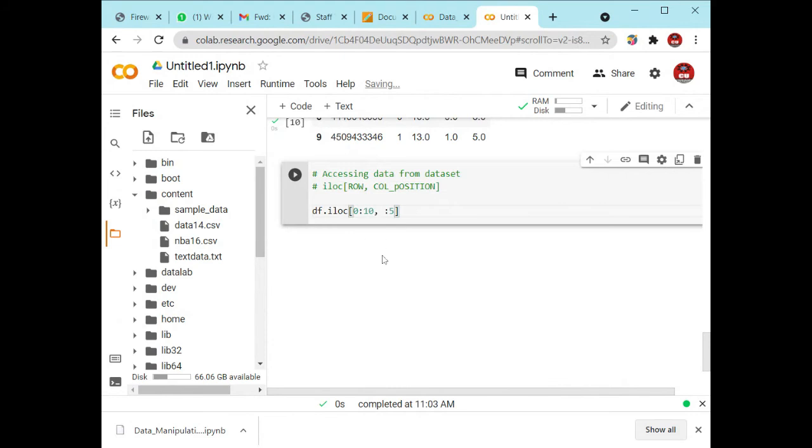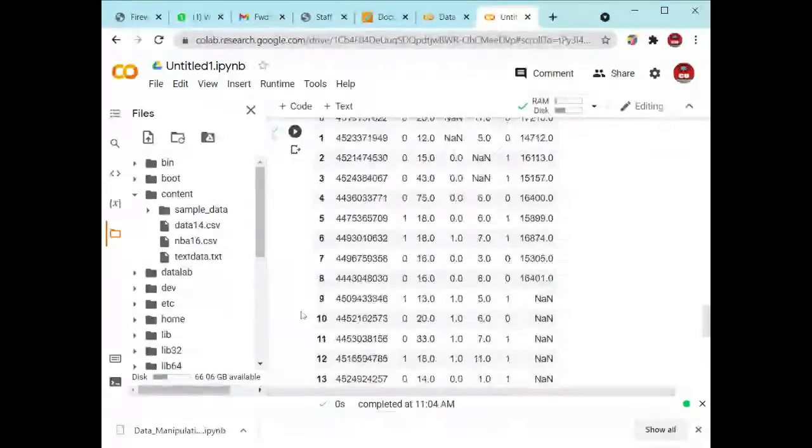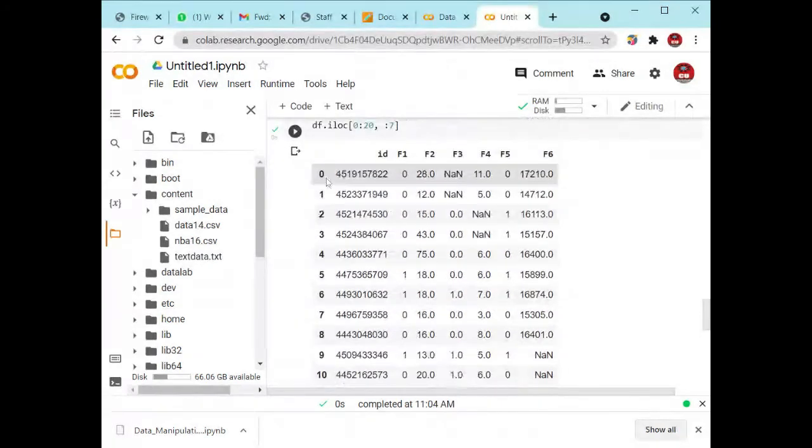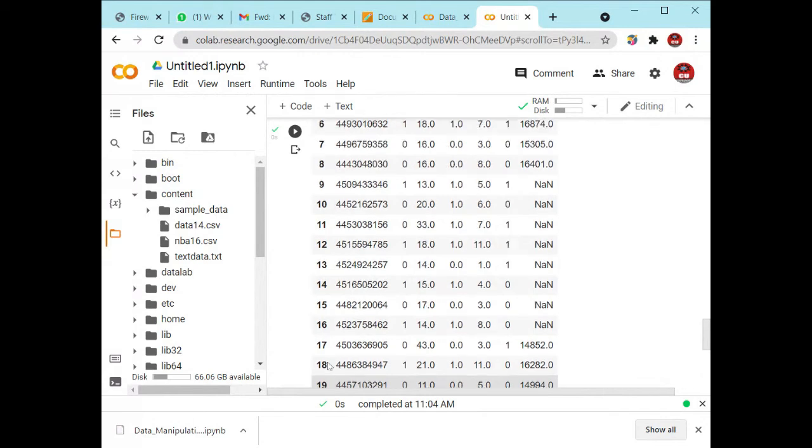For 20 rows, you have to show the output for the 20 rows, and up to 7 columns. So I am changing these values right here, and I am executing it. You will see it starts from the 0 location and ends at the n minus 1 location. What is the n minus 1 location right here? 20 minus 1 is equal to 19.